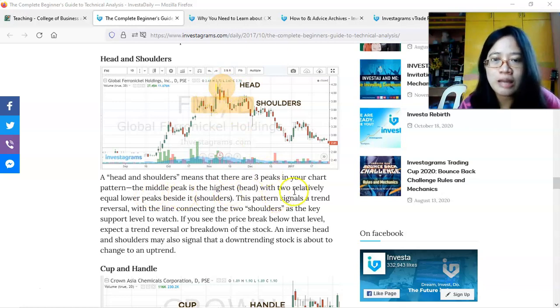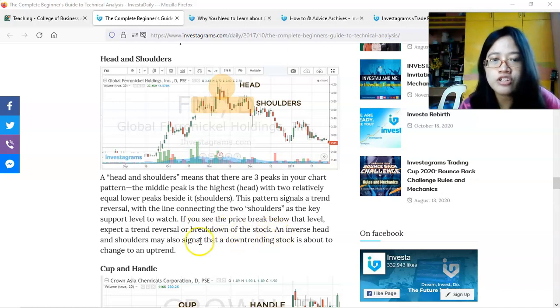Siya yung head. Tapos, with 2 relatively equal lower peaks beside it. Yun yung shoulders. So, this pattern signals a trend reversal with the line connecting the 2 shoulders as the key support level to watch. Okay, if you see the price break below that level, expect a trend reversal or breakdown